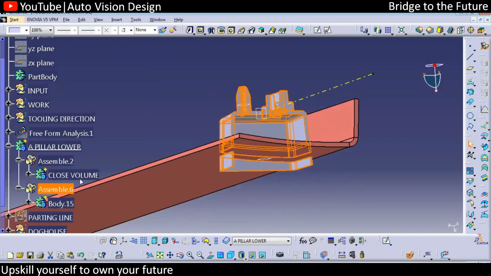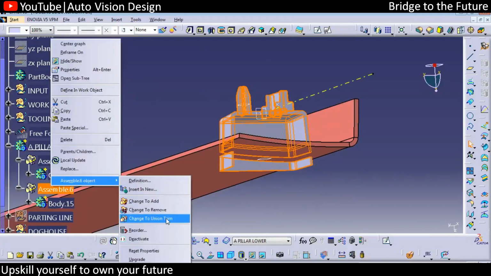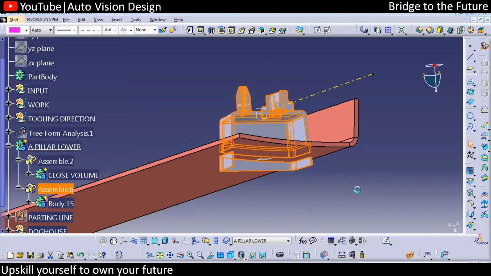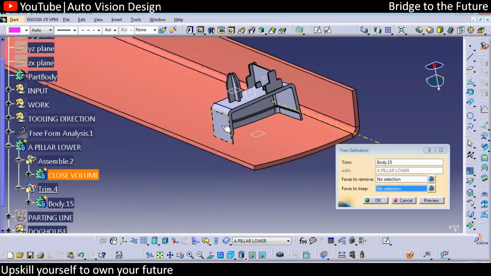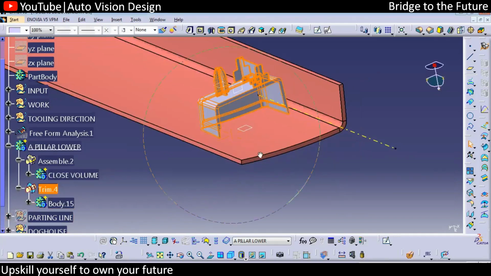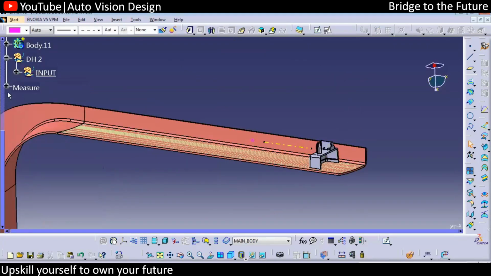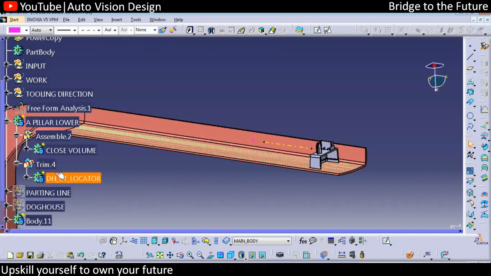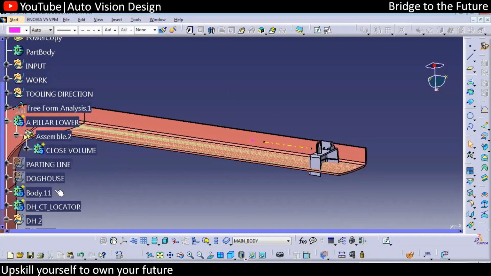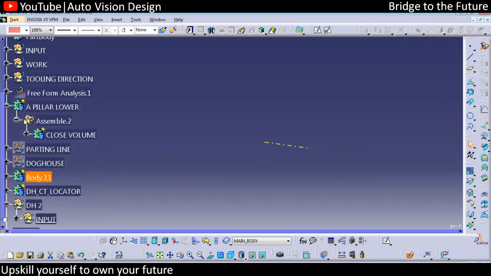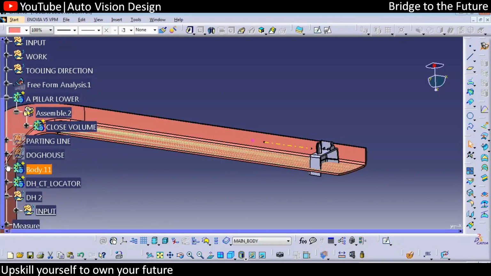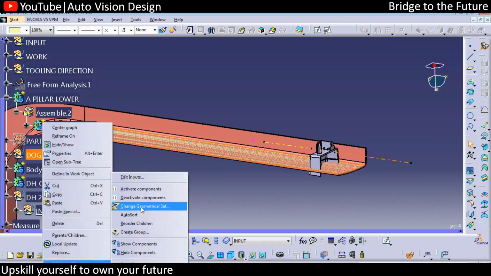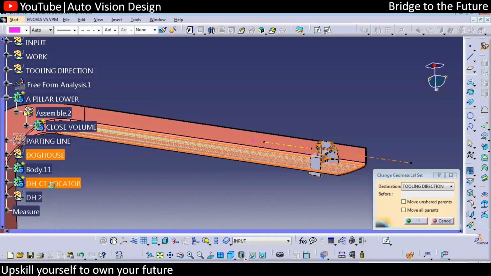That assembly we're going to change to Union Trim. You can click the Union Trim and change that to keep or remove. So here you can select this and check, okay, you'll get this particular Dogos. There is another way we're going to work. This clip tower you can just remove from the Union Trim for the time being, and with this Dogos body that we have, we can add it for the time being into this particular Dogos.